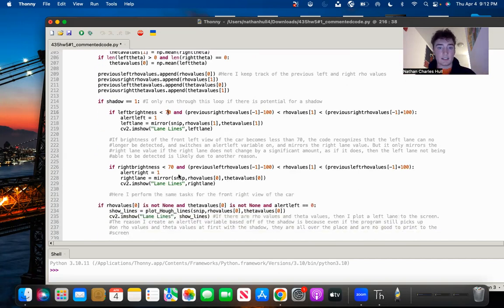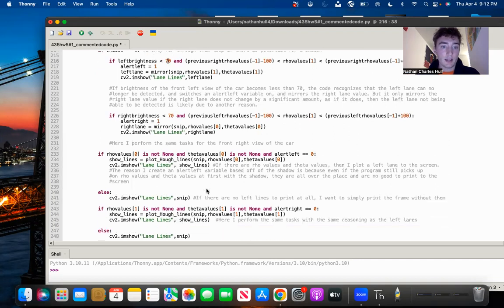And then I do the same exact thing if I wanted to mirror the left lane to the right lane, I do the same thing here. And here's where I'm actually going to, so if my row values and theta values from the left are true, then I want to just plot the left lane